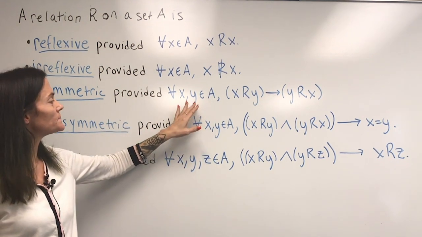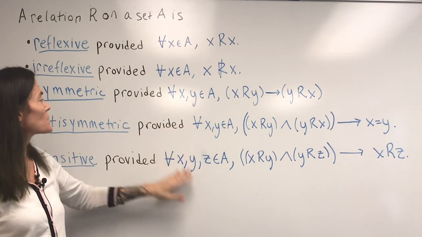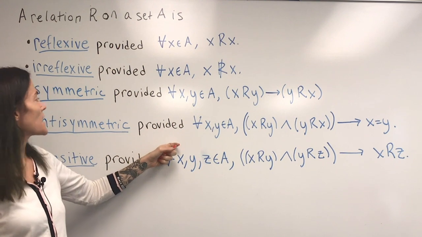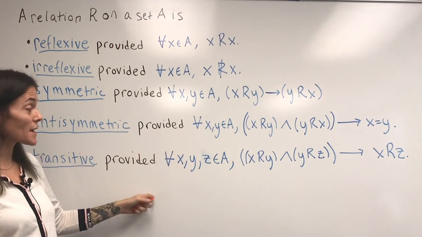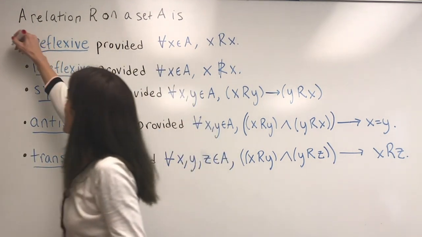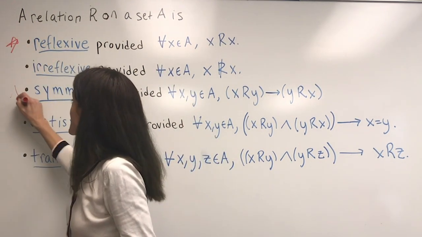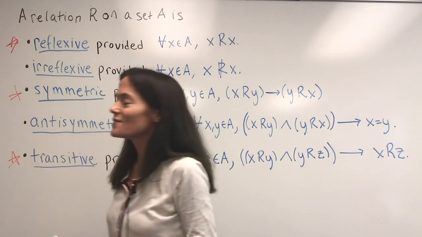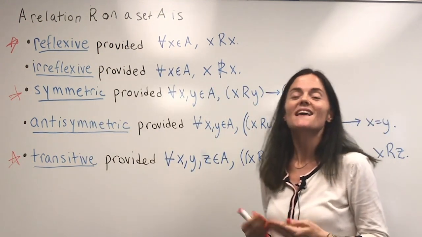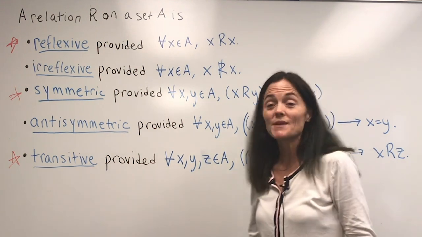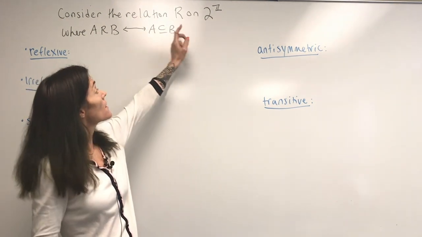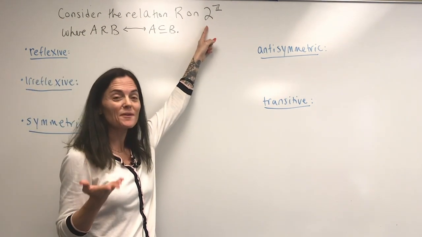So we will go through them more in an example, but the other three, symmetric, antisymmetric, and transitive, are implications. Then these three, reflexive, symmetric, and transitive, when we have a relation satisfying all three of those, this is an equivalence relation. So now for our first example, let's consider the relation R on, and this is, remember, the power